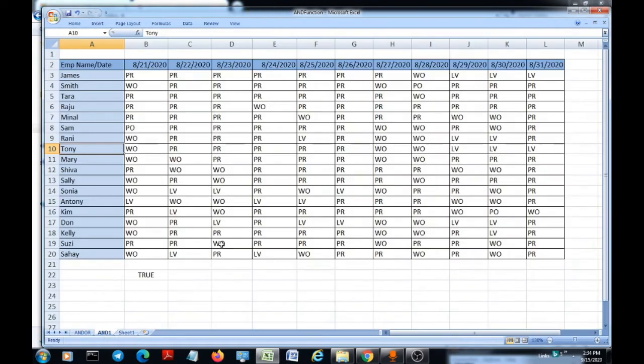Do it 2 3 times, then you will be able to understand. I'm also sharing this work file in my blog, the link of which is given in the description box. Please go through that one, try practicing it 2 3 times, and you will be an expert in using this AND function.